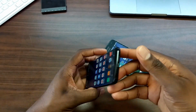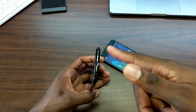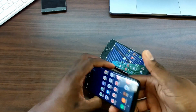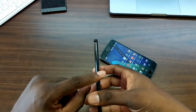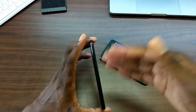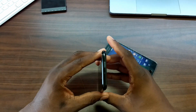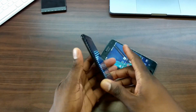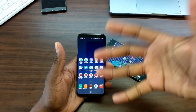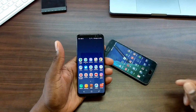You've got a bottom firing speaker there with USB Type-C charging and microphone and headphone jack on the bottom there. On this side, you've got a power button nicely placed. You've got that hideous, I shouldn't say hideous, inconveniencing Bixby button there, and a volume rocker there. And then you've got your SIM tray and a microphone up top. Then you've got all the things on the back here. No carrier branding anywhere. And on the front, you obviously have this beautiful Quad HD 5.8-inch display with on-screen buttons,